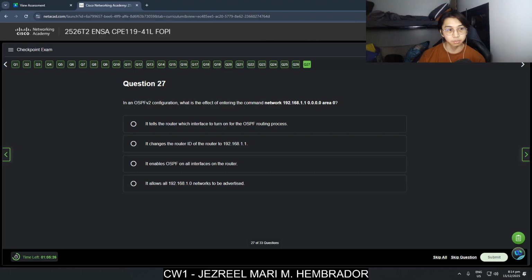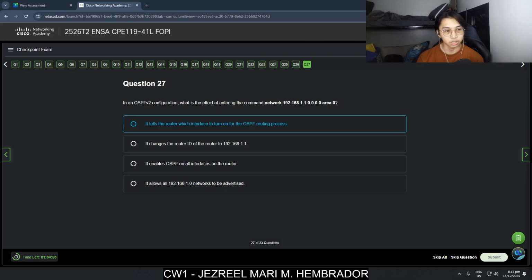In an OSPF v2 configuration, what is the effect of entering the command network 192.168.1.1 area 0? It tells the router which interface to turn on for the OSPF routing process.